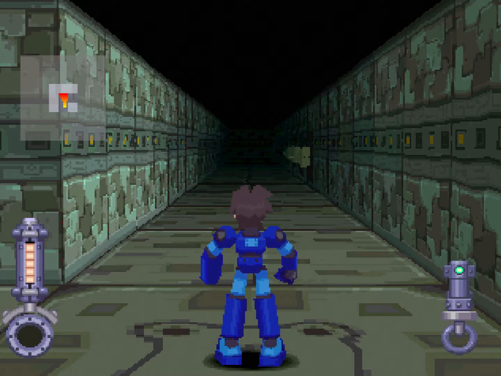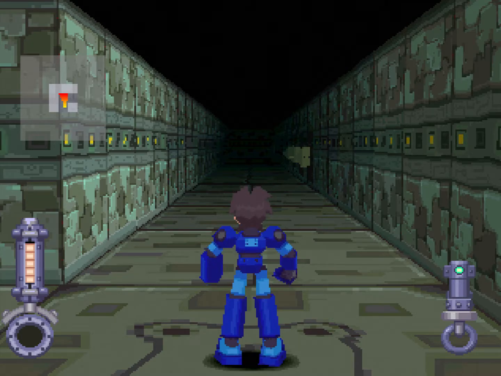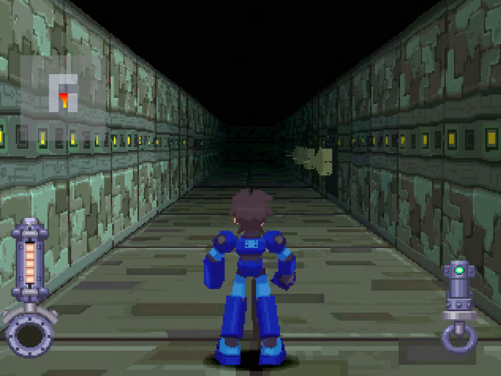So, enemy health is the same as before. There's no change to enemy health. They're not weaker or anything. They're the same strength as always. So what makes this easy mode? Well,